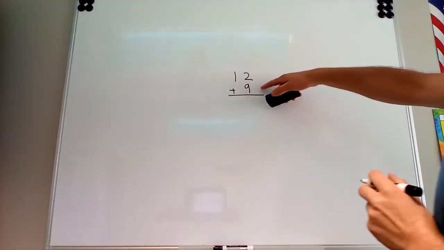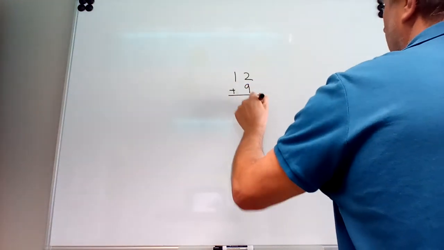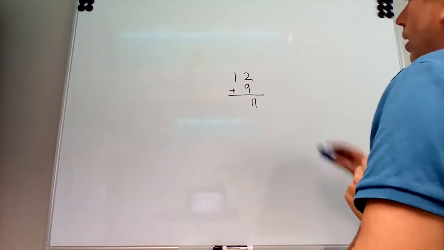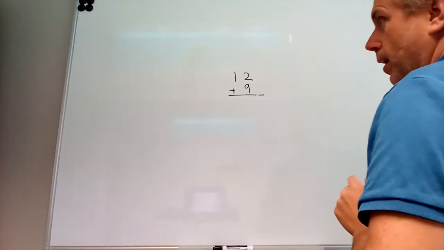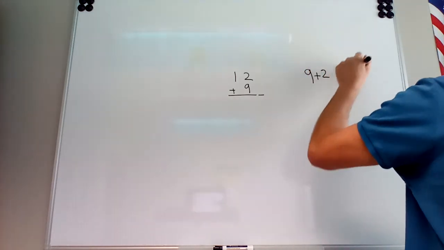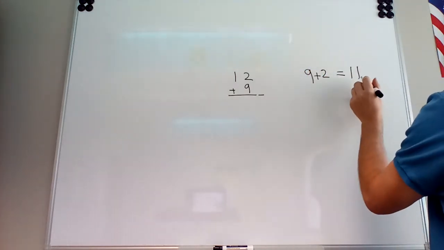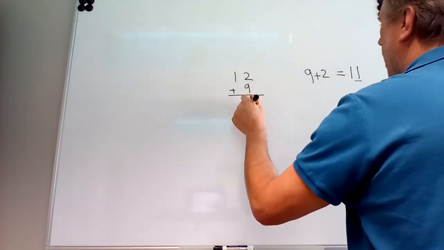Well, 9 plus 2 is 11. We can't just put an 11 down here. So what we do is we put whatever number's in the ones place. So 9 plus 2 over here is an 11. So we take the number that's in the ones place and we put it down here, and we carry the